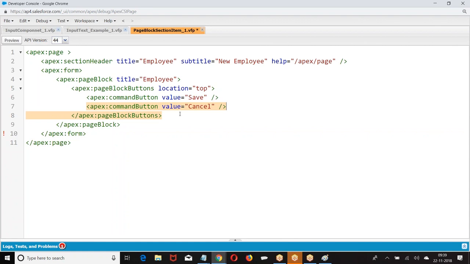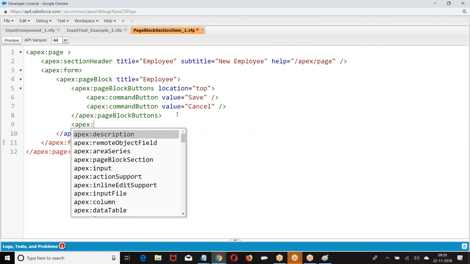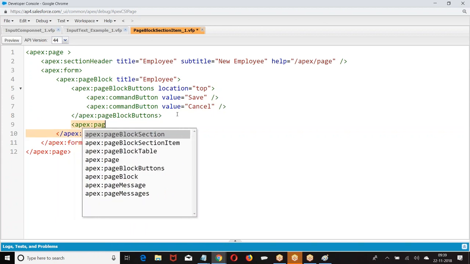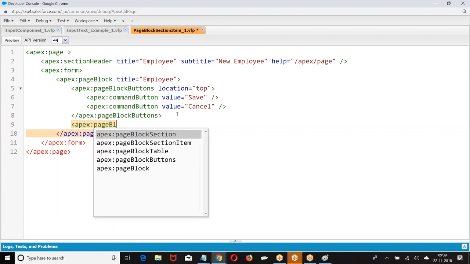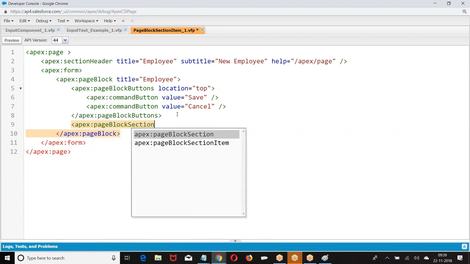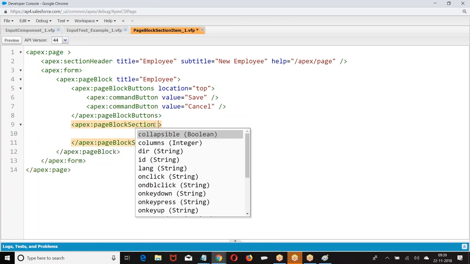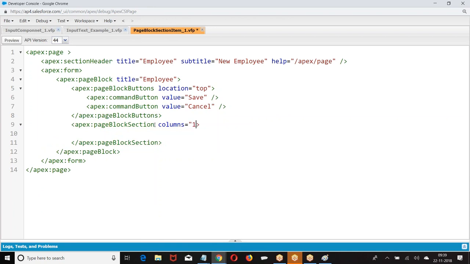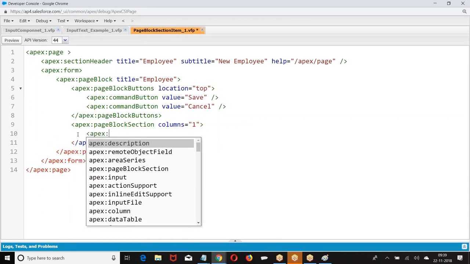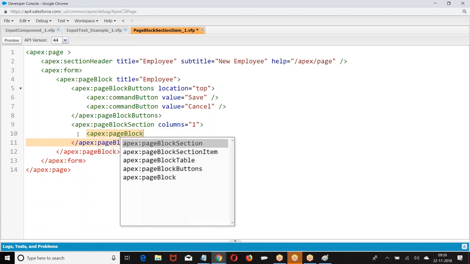Then we have the next one, page block. I told number of columns. Page block.